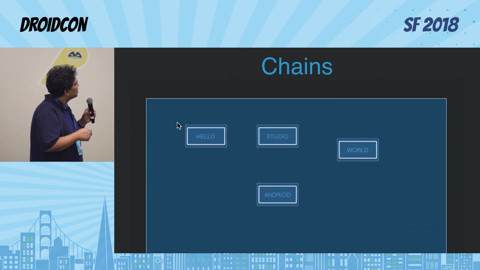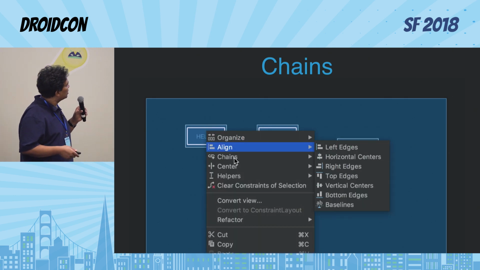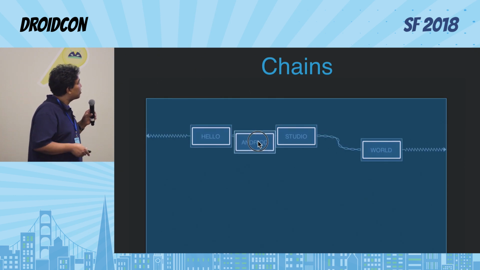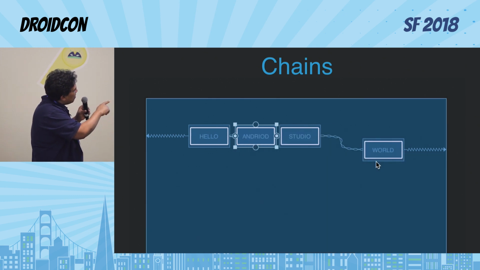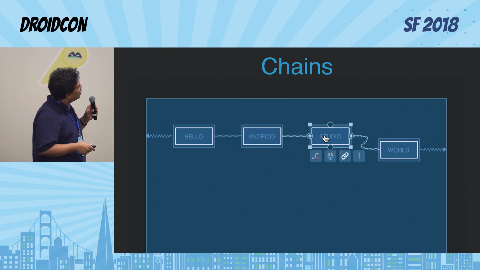Here, I'll demonstrate creating a chain. Select all the objects you want in the chain, and you can simply, under chains, create a chain. But there are a lot of tricks that can be done. If you put it directly over, the menu will appear that says Insert into Chain. You can also rearrange the order of the chain